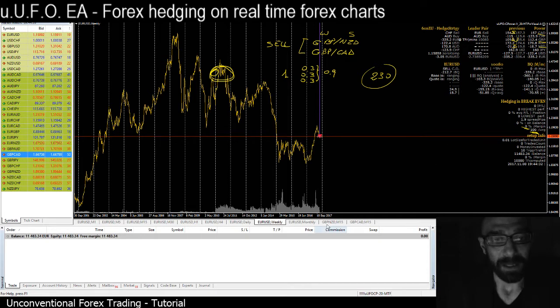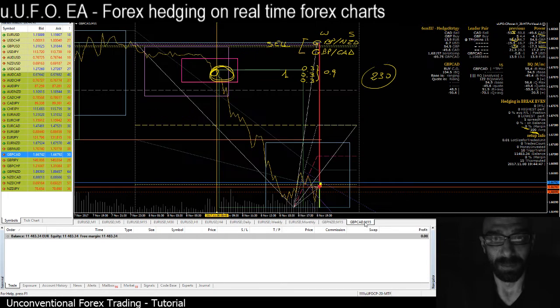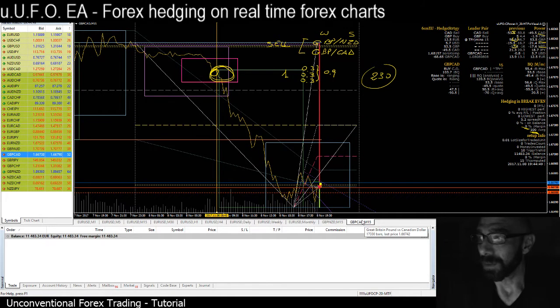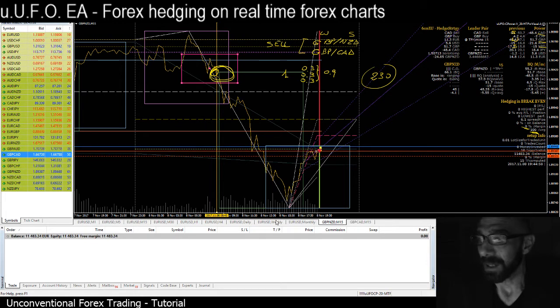And by detecting these values from the monthly basis, it was obvious that the only two charts I had to open were these two, GBP CAD and GBP New Zealand dollar. And if I had arrived home a little bit early, probably I would have closed even here. Okay, so